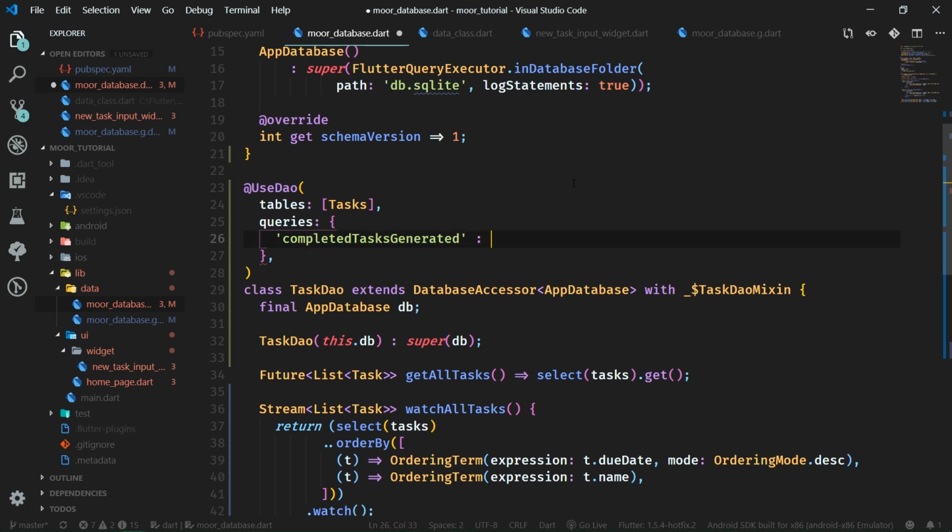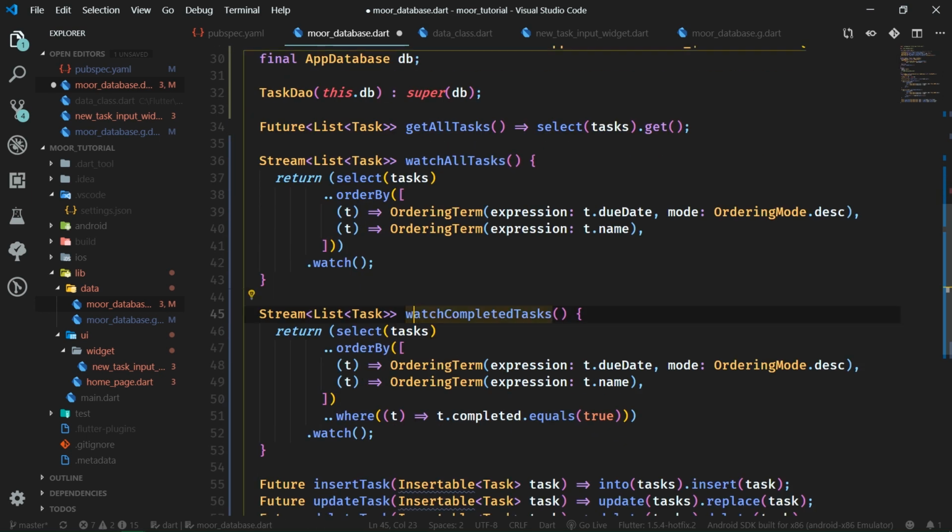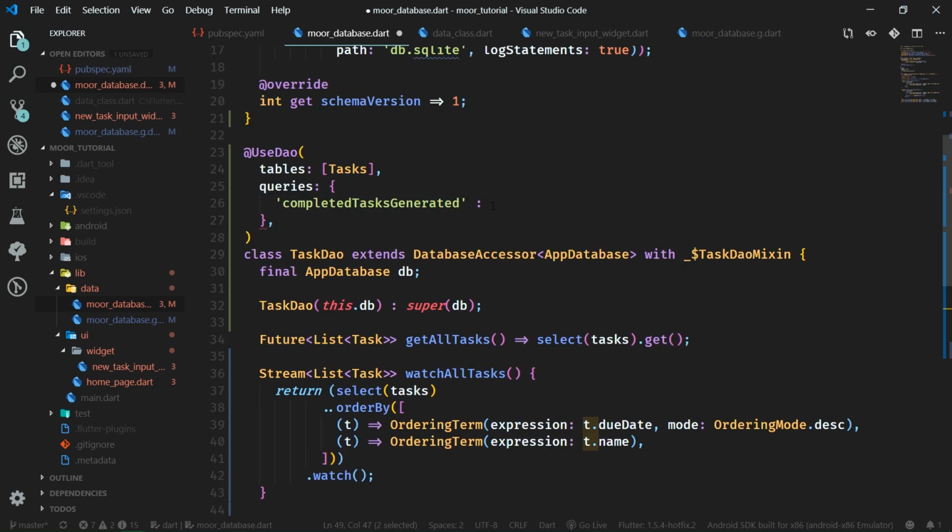We want to duplicate the functionality of the Fluent syntax, so we want to select all tasks which are completed and also then order them descendingly by due date and ascendingly by their name. So let's go over here and we'll write some pure SQL strings. So we want to select asterisk, so everything from tasks table. So something like that, it's called tasks, even in the real database, where